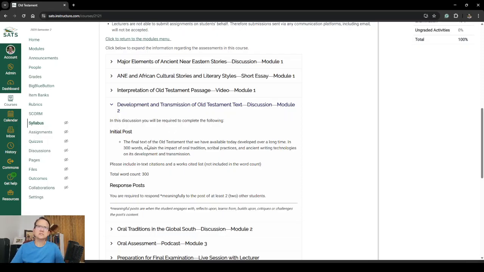It's a discussion post. Again, you're going to post a discussion out of a Word file. You're required to complete the following. First, there's an initial post: the final text of the Old Testament. This is how it works. The final text of the Old Testament that we have available today developed over a long time. In 300 words, explain the impact of oral tradition, scribal practices and ancient writing technologies on its development